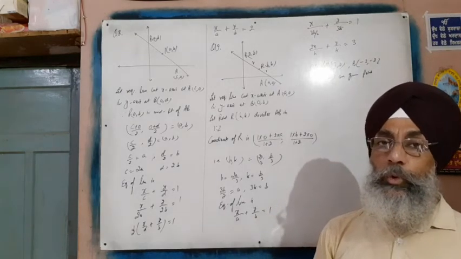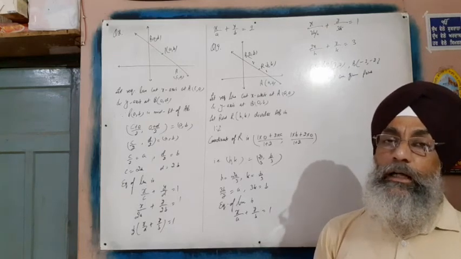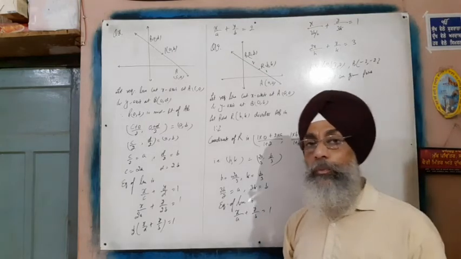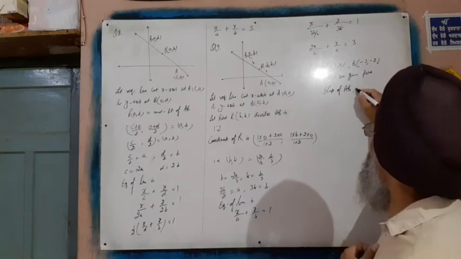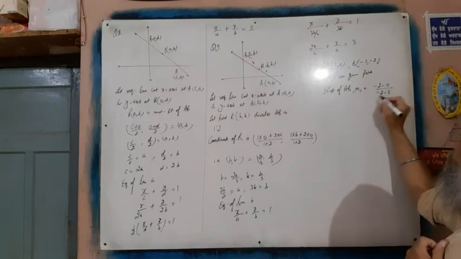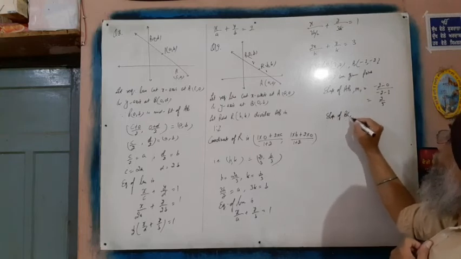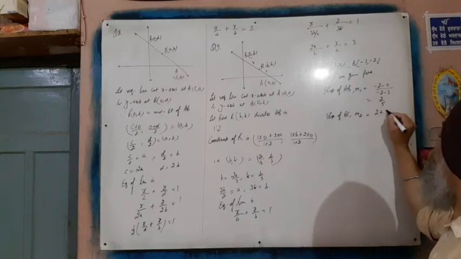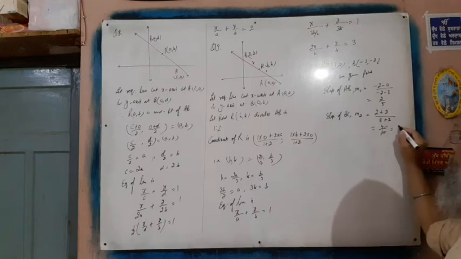But by using the concept of slope of a line, we can prove that they are collinear, because if they are collinear points, they are lying on the same line, which means they have the same slope. So first of all, we find the slope of AB. Slope of AB, that is m1, is (y2 minus y1) upon (x2 minus x1), which is 2 upon 5. Slope of BC is (y2 minus y1), 2 plus 2, upon 8 plus 2, which is 4 upon 10, that is 2 upon 5.